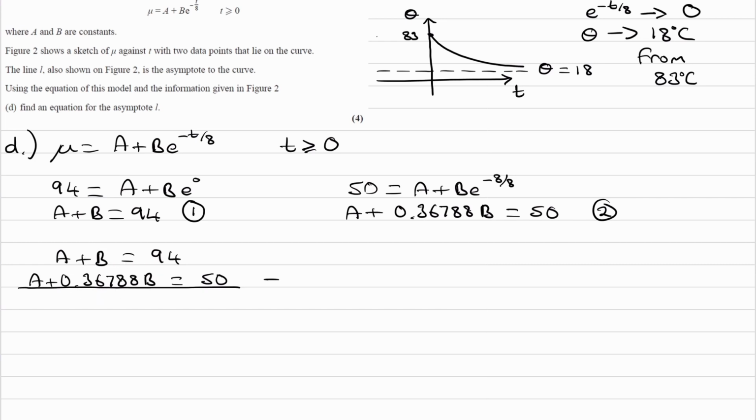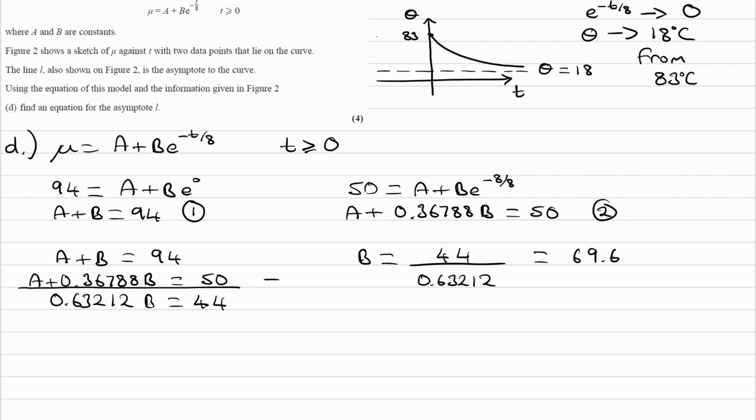So b minus 0.36788b would give us 0.63212b, and then 94 minus 50 gives us 44. And then b would be 44 divided by 0.63212, which gives us